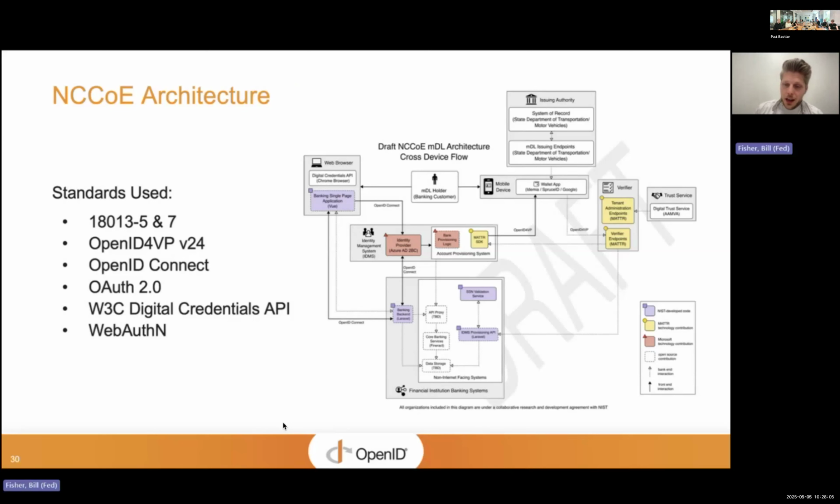But what you are seeing right now, or what you will see in a second from this architecture, is the identity management system you see right above that, interacting with the wallet providers and the verifier. And so you will see the ability to present several credential types across OpenID for verifiable presentation, and the ability for our IDMS to accept those credentials, extract those claims, and then eventually, as I said, we will be demonstrating how those claims can be input into a financial system and used for business value.